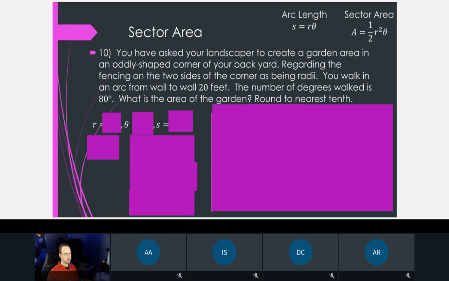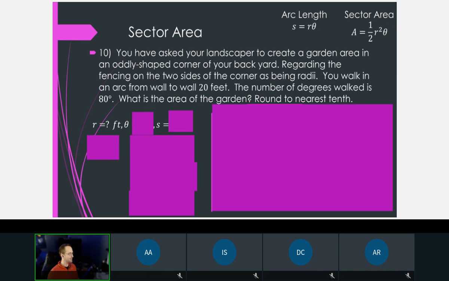Let's take a look. So yeah, I think it was George that said this was like the same as the other word problem, but now you're just finding the area, right? And when looking at this problem, to find the area, we need to know what the radius is. We also need to know what the angle is, right? If we have these two things, we could just plug it in and find the area, right? Well, in this word problem,